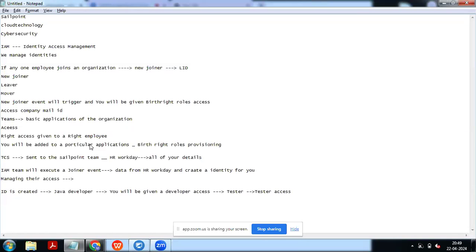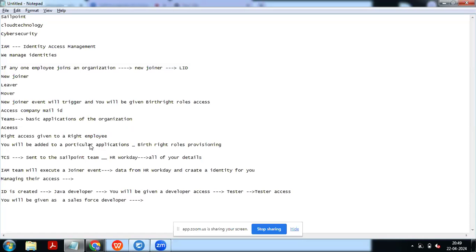If you have joined as a Salesforce developer, you will be given the access which is essential for you as the Salesforce developer.